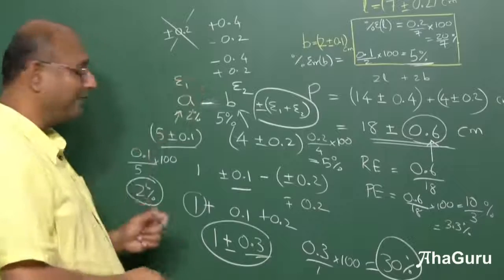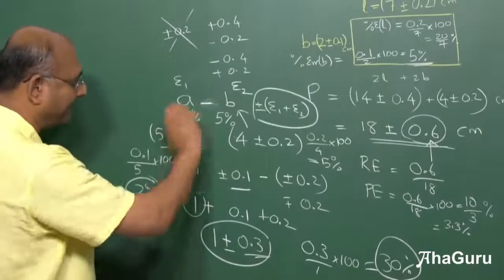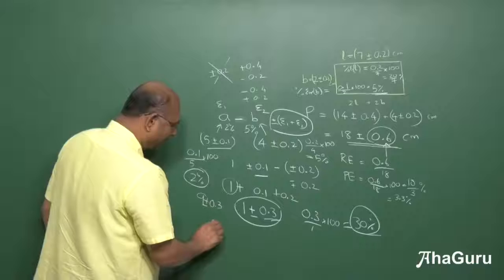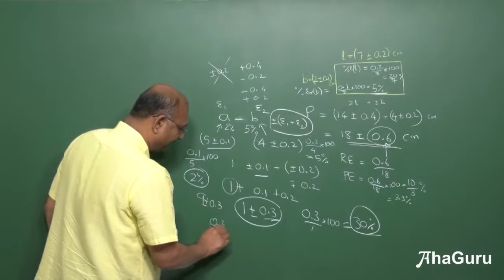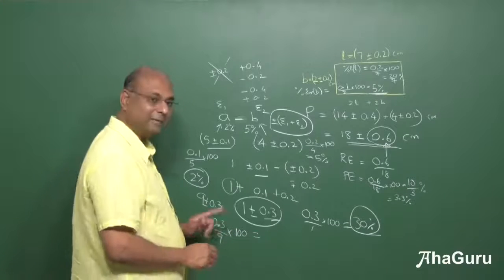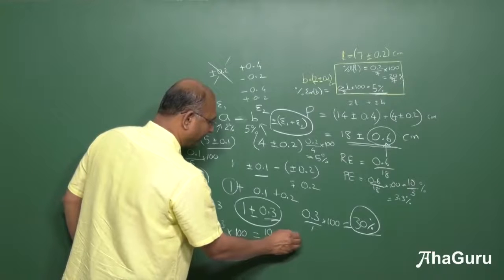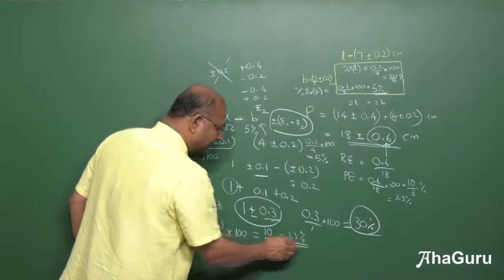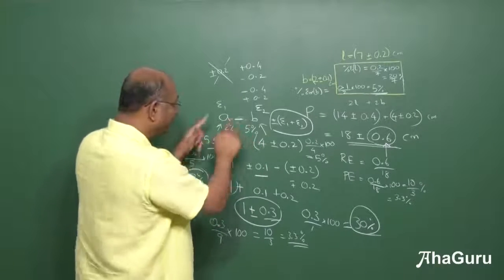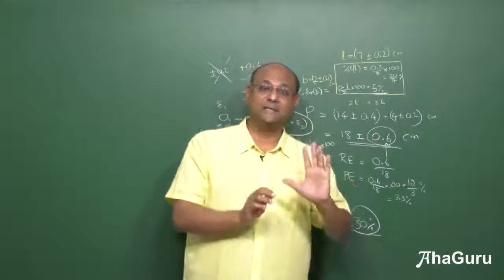A plus B would have been better, it would have been 9 plus or minus 0.3. If I did A plus B, this will still be 0.3. So the error percentage is 0.3 by 9 into 100. You can see that is 30 by 9, which is 10 by 3, 3.3%. So this is a better error, between 2 and 5. But when you do the subtraction, it becomes a much larger error than either of the earlier errors in percentage terms.